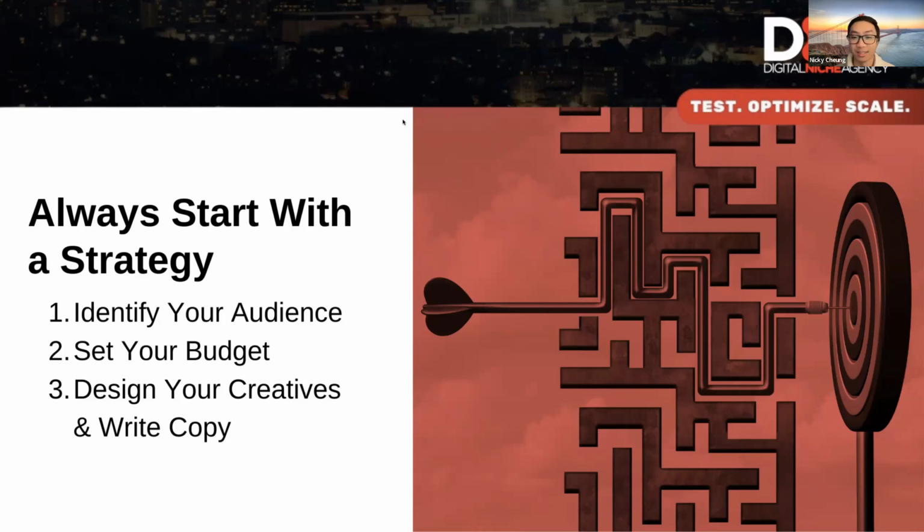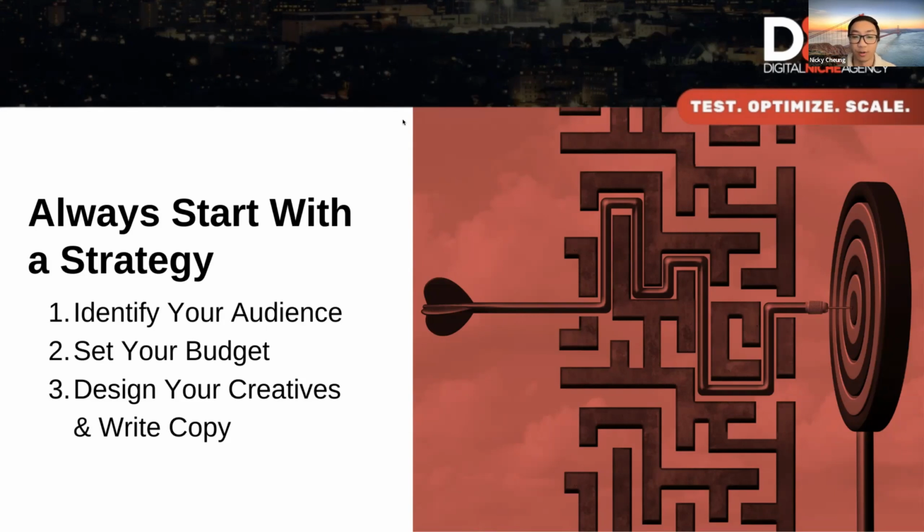And why? That's because you have to be able to understand who you're targeting and the creatives you're doing, you're setting your budget as well. So number one, identify your audience. You need to understand who, what, when, where, and why, right? Why your audience needs your product or maybe investment opportunity you're talking about, who they are, what they're interested in doing, when they show up on Facebook and Instagram, right? People show up at different times of the day. Maybe if you're targeting the regular working person, maybe they'll show up after 5, usually not during work hours. They're not going to be on, right? So it's just little things like that you have to think about.